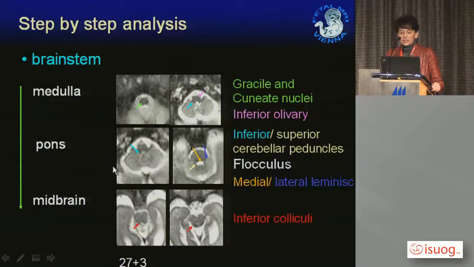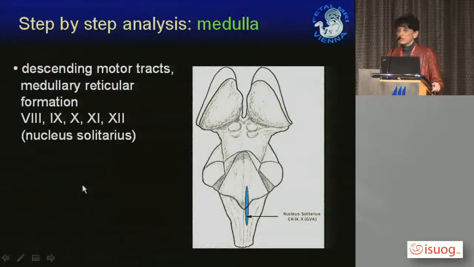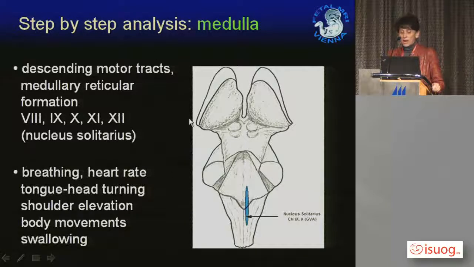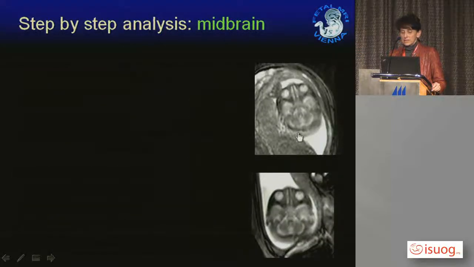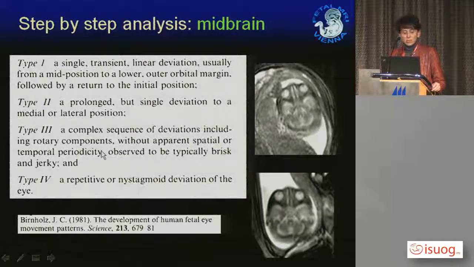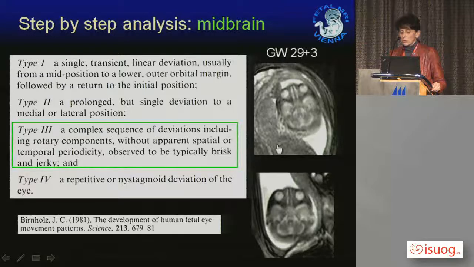We can look at myelination because myelination is displayed as dark signals on T2-weighted images, but as I told you, these structures are so small, so we had to look at other possibilities to assess brainstem maturation. Because you know a lot of functions are located there, a lot of functions that are already active rather early in pregnancy. So the first thing we tried to reproduce were eye movements described already about 30 years before by